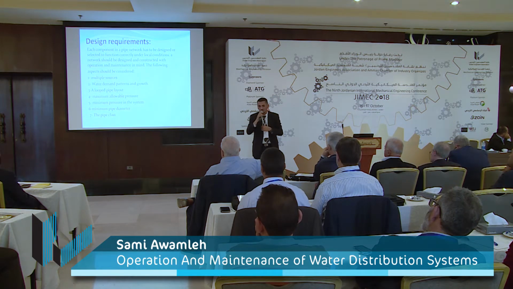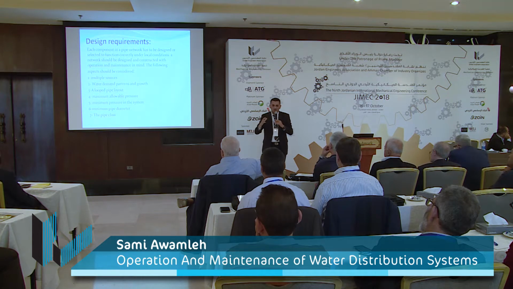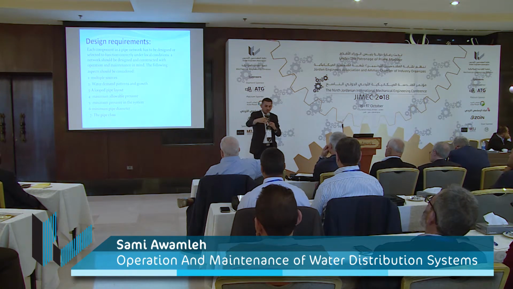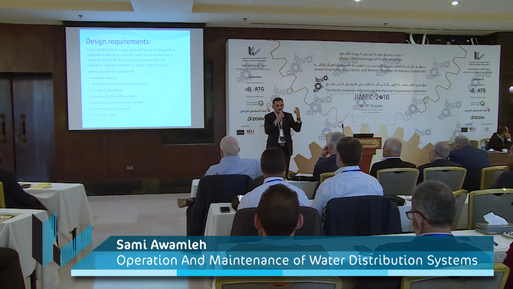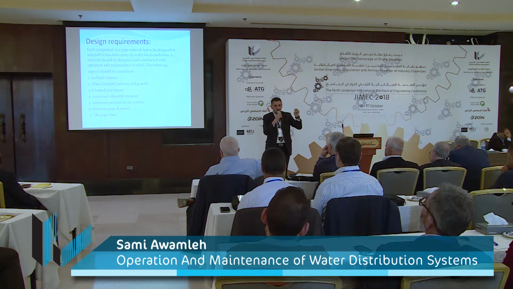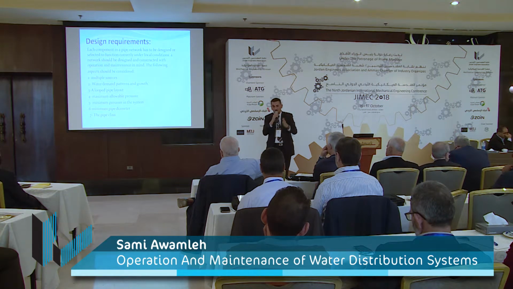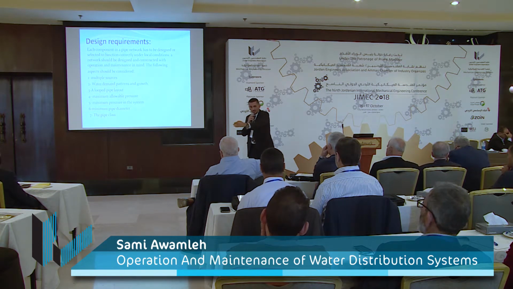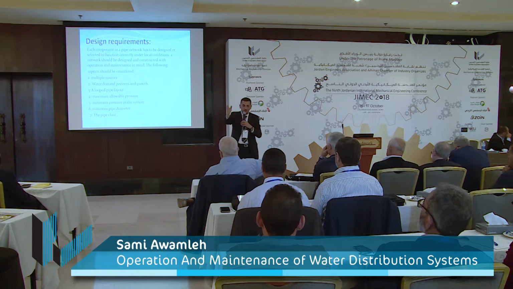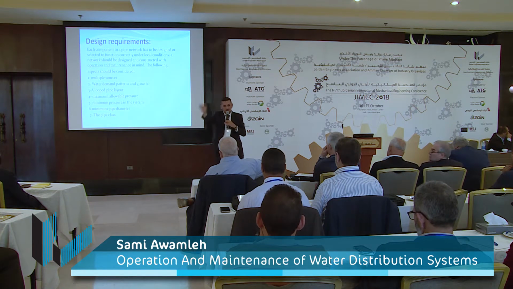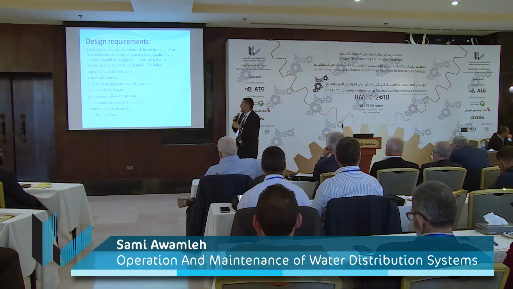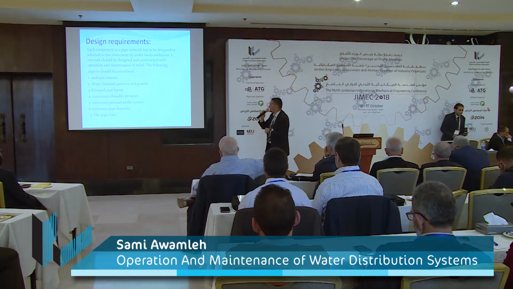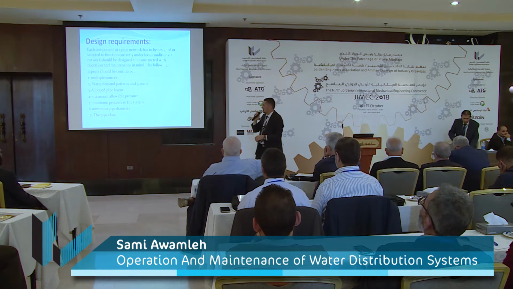Loop pipe layout. Loop pipe layout means that we provide the water from many sources, like a loop. There are two kinds of water supplying areas. For example, a tree, where we give water through a line and give it right and left, and a looped layout from many sources. It's better than a tree pipe layout.